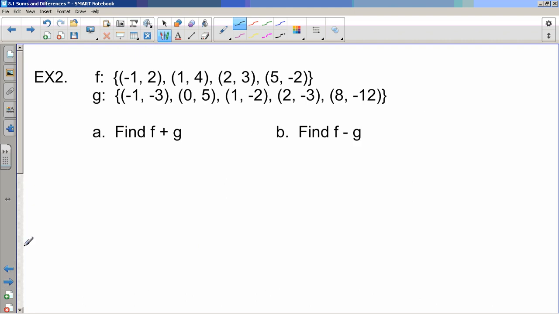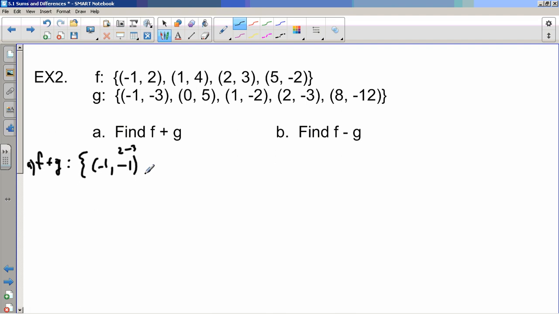What do we got? Okay, so this is one of those points ones, and this isn't so bad. Remember, how do we do this? Is the sum function. We just have to go through and find which points in the domain the points are defined for, and then calculate them. Well, notice for x equals -1, we have points in both, so that means it's going to be defined in the sum function. And what do I do? I just add those two. 2 plus -3 is -1,